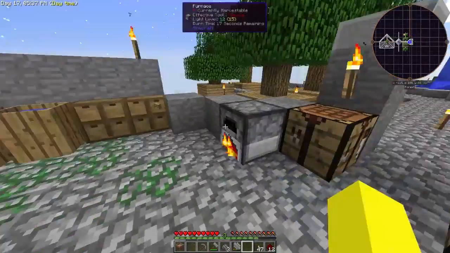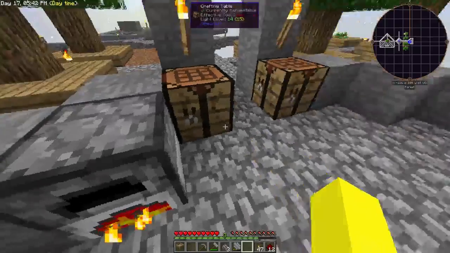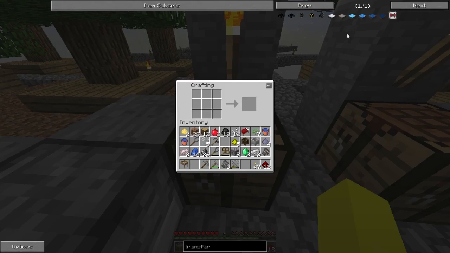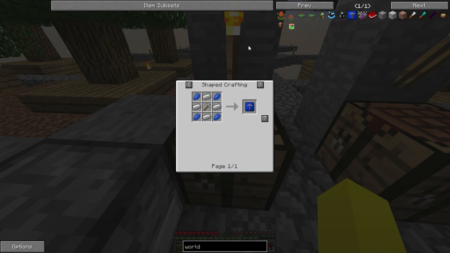So BRB. Okay, everyone, we are back. And we have ourselves some aluminum smelting. And while that's going, we're going to actually start off with the world interaction upgrade. But we should have enough now to actually get this show on the road. All right, so...